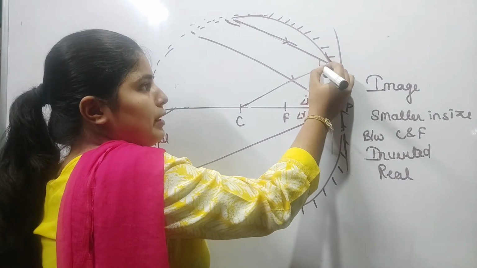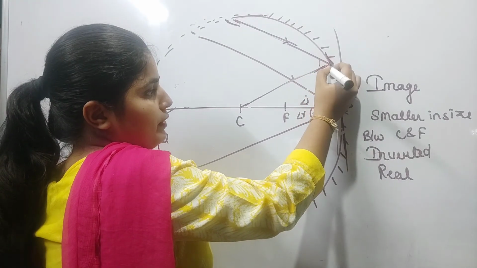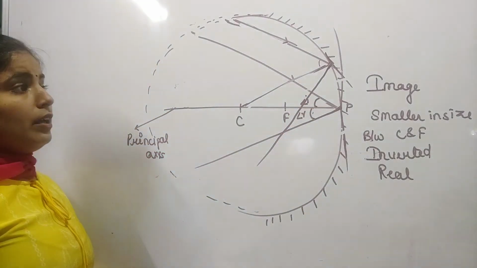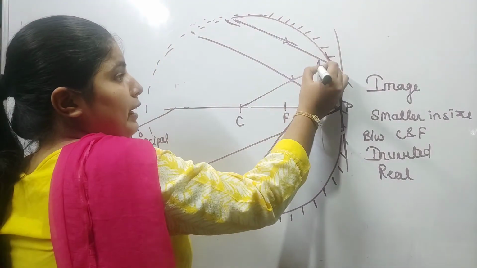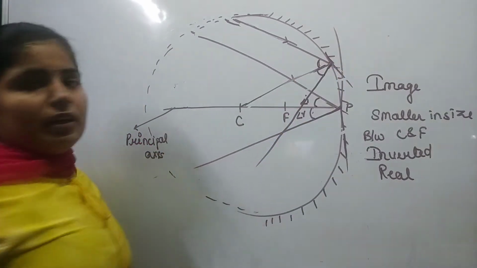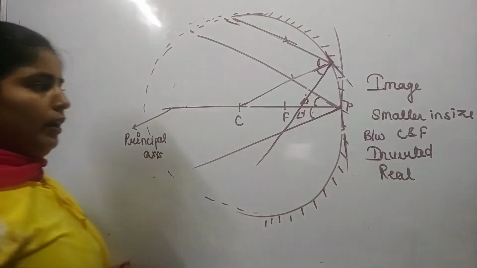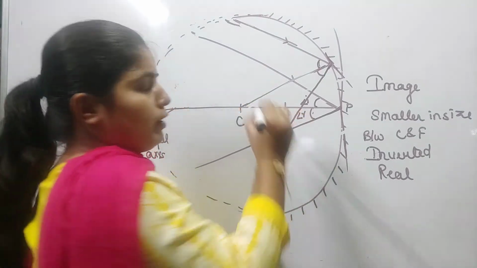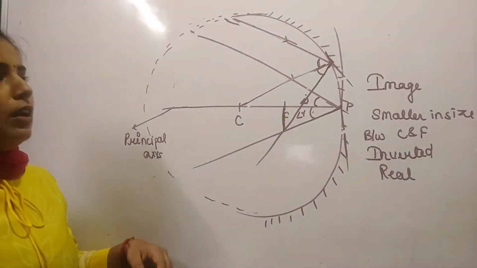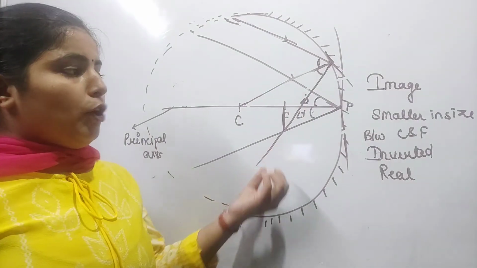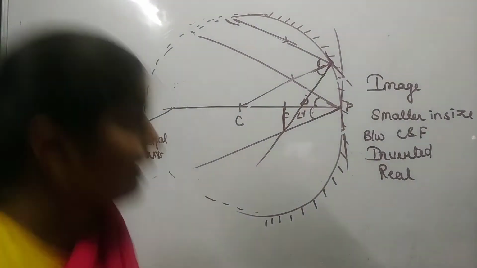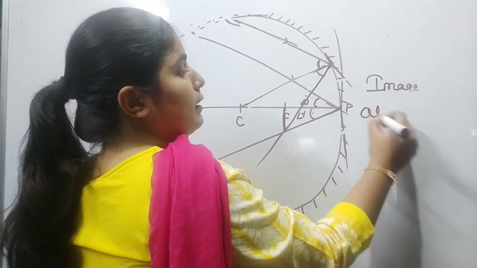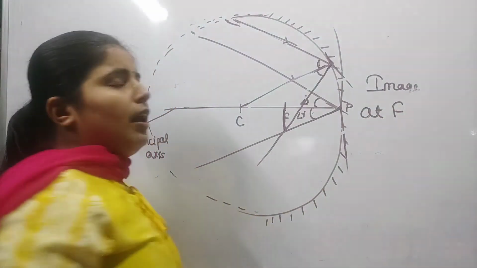If this is the angle of incidence, then it will reflect with the same angle as the angle of incidence, as I have also explained earlier. So we see that the image will form at the focus. When the object is placed at infinity, the image which is formed is at the focus,